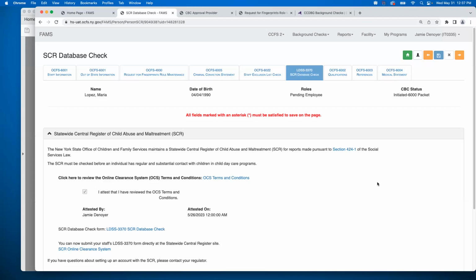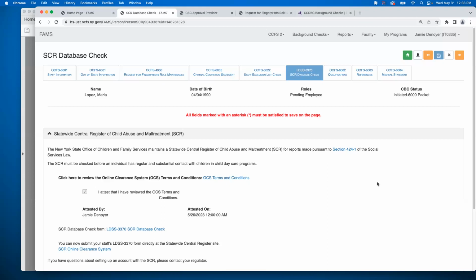Now, if you are a family daycare or group family daycare, this is going to be new to you. So all licensed and registered providers now will be able to submit the check and payment for the SCR online. So you no longer have to send that via snail mail. You can submit that check and then you can also pay for it with a debit/credit card or an electronic check, which comes right from your bank account.